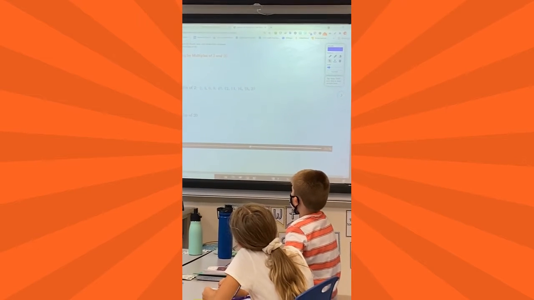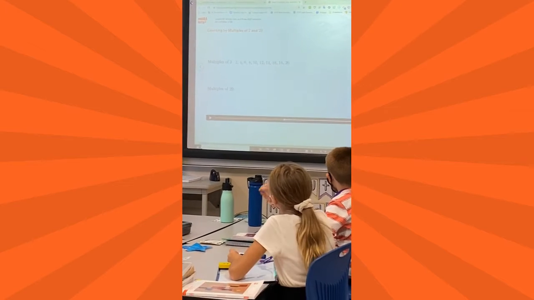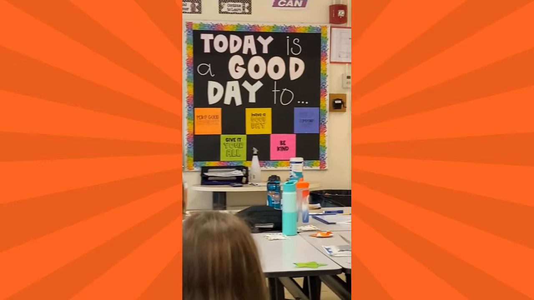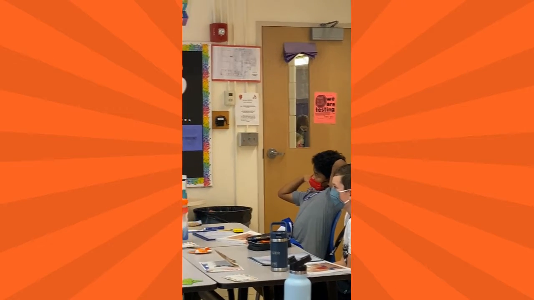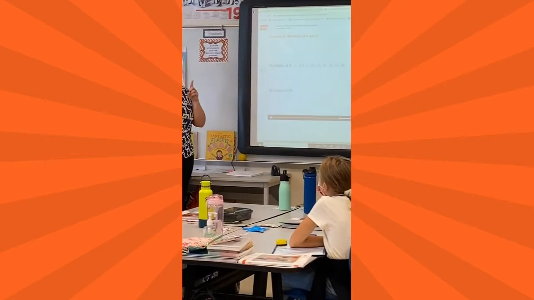What do you think is a connection with counting by multiples of 20? Before we start looking at the multiples of 20, what do you think we might notice, Riker? It's just skip counting by 2s, but with a 0 on there. Okay, it's skip counting by 2s, but with a 0. Let's think about what we learned in topic A. What does that 0 mean, really, Tanish?